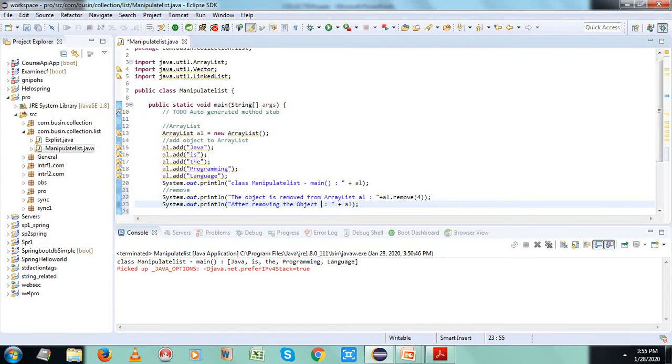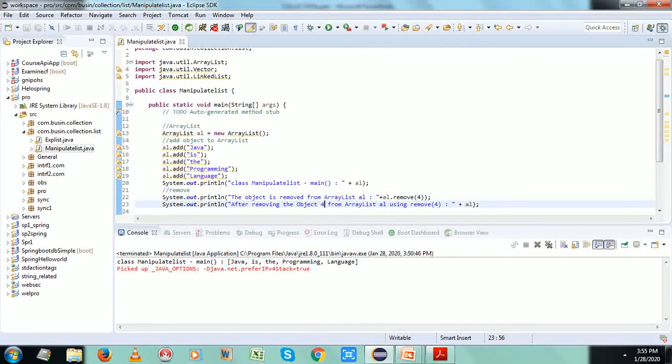Okay, so here is what I have done: I have used a remove method. Here you can see al.remove. I have passed in the 4, the integer value 4, which denotes the index value of the array list. Whatever object exists at index 4 will be removed from the array list